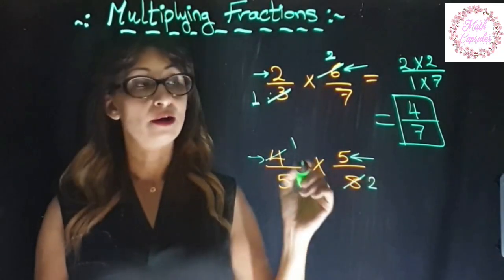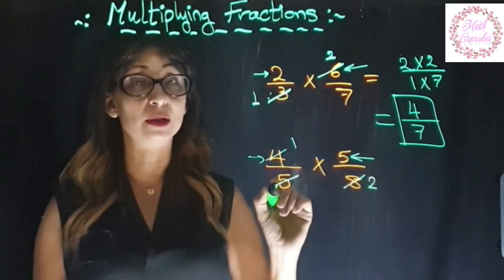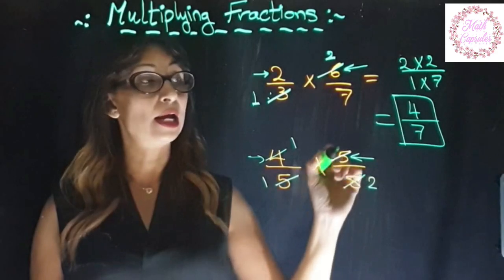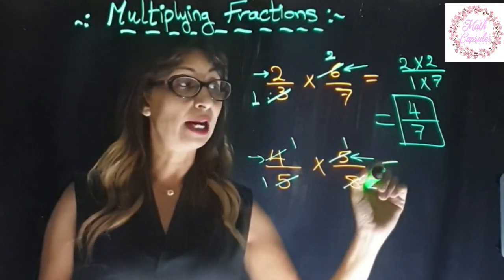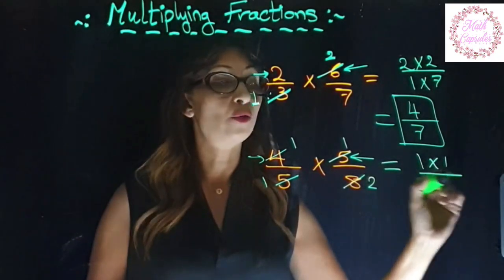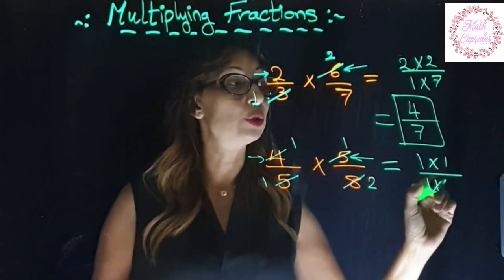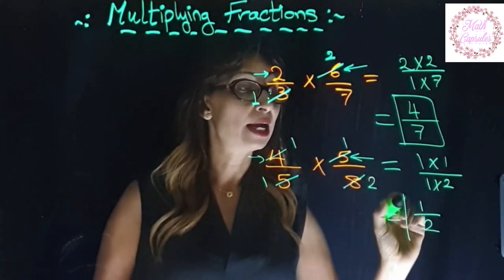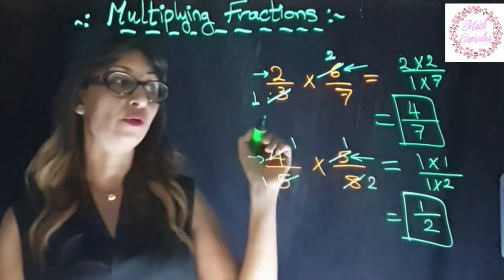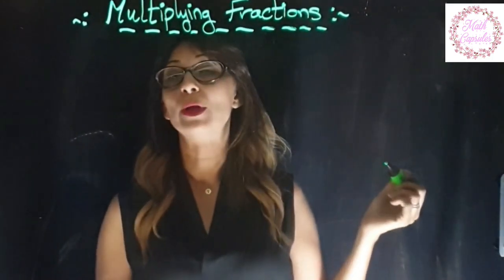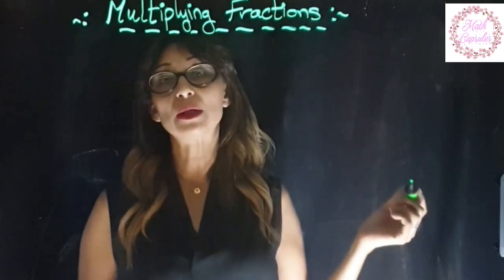Yes, of course. 5 and 5, both of them can be divided by 5, and it gives me 1 here and 1 there. So the final answer will be 1 times 1 over 1 times 2, and the answer is 1/2, which is half, and this is the answer of this multiplication in its simplest form. Now, if I have a mixed number multiplied by a fraction, or a mixed number multiplied